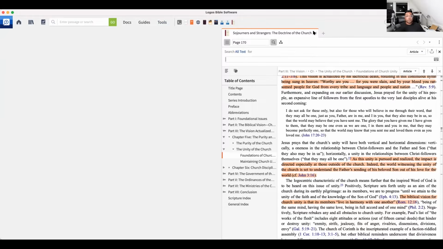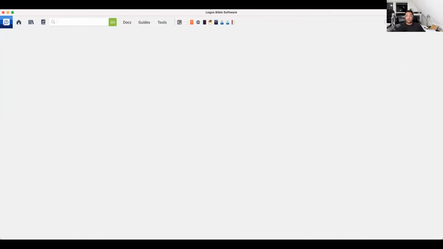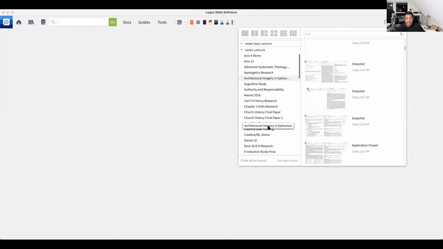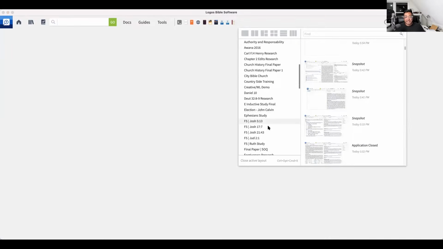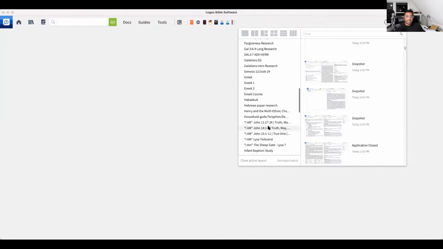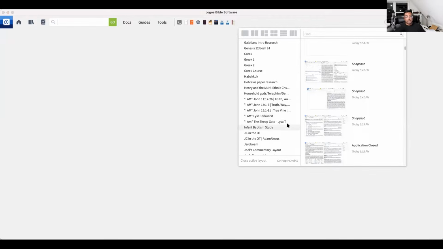Now, one of the things that I really do love about Logos is this tool called Layouts. So what I can do with Layouts is I can click the Layouts button that's up here in the top right hand corner, and I can go back and see all of my past layouts. And I organize my layouts based off of the topic or the Bible study or the book project or the research project that I'm working on. So for instance, when I was working on Lisa's Bible study on the 7 I am statements of Jesus,